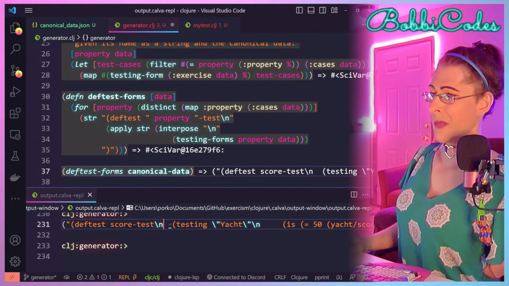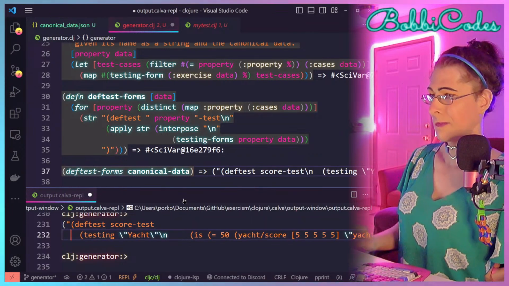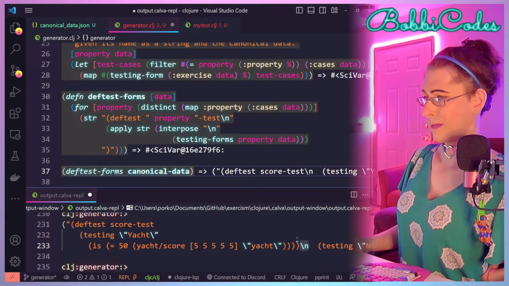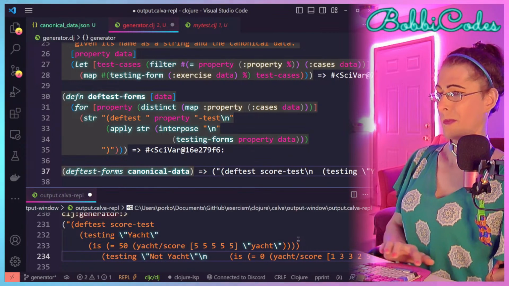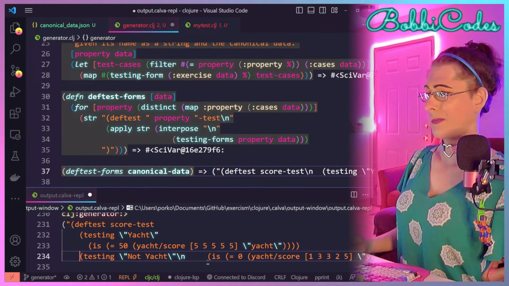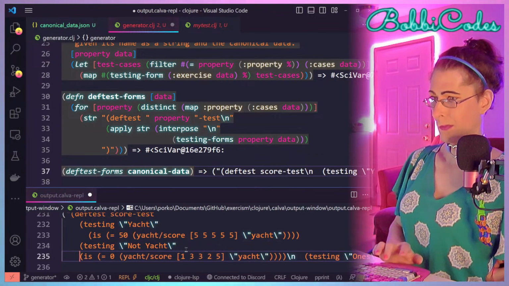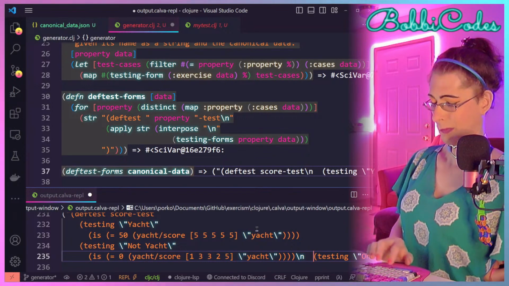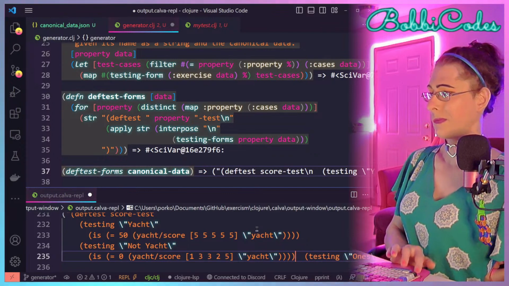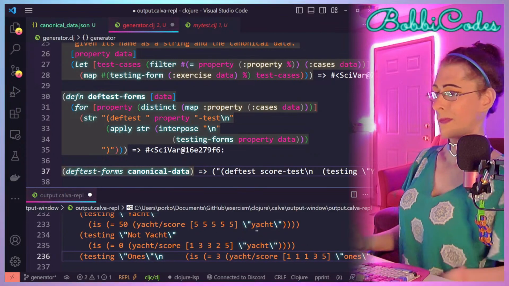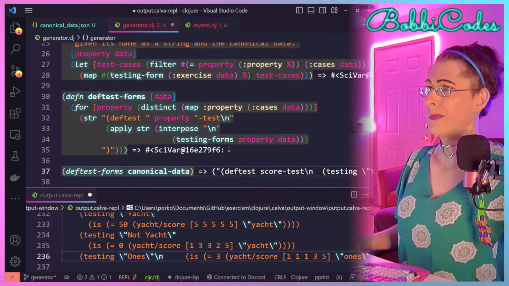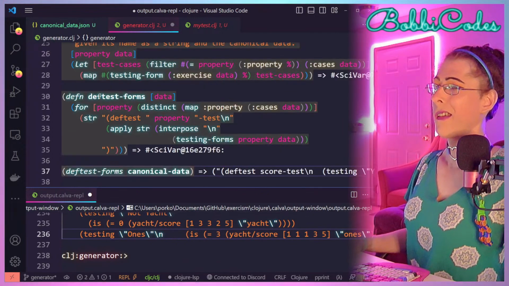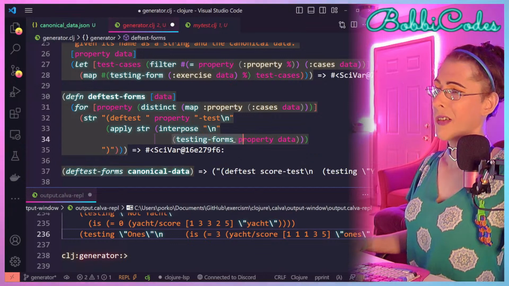Cool, so here's what we have here. Oh yeah, so that calls testing forms.